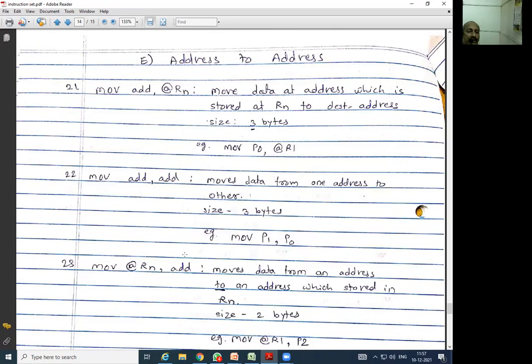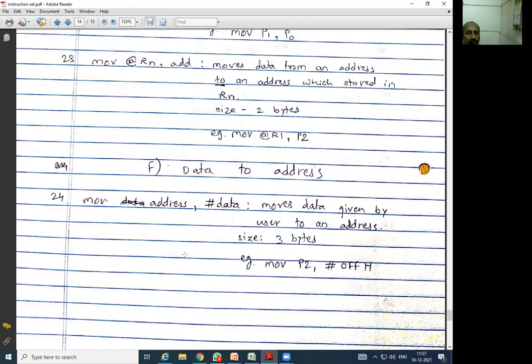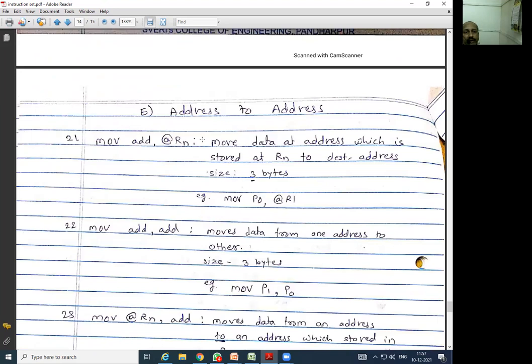And last category, I think, or no, one more is there. Subcategory, it is address to address. म्हणजे लेफ्टला पण ऍड्रेस आणि राईटला पण ऍड्रेस. So MOV address, @RN. So what it is doing actually, move the data at address. पण ऍड्रेस एक्सचेंज होत नाहीये इथं किंवा ट्रान्सफर होत नाहीये, तर त्या ऍड्रेसवर जो डेटा आहे तो ट्रान्सफर केला जातो आहे. So that is to be noted down.